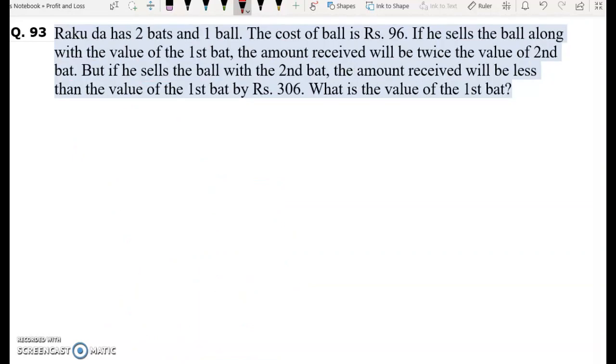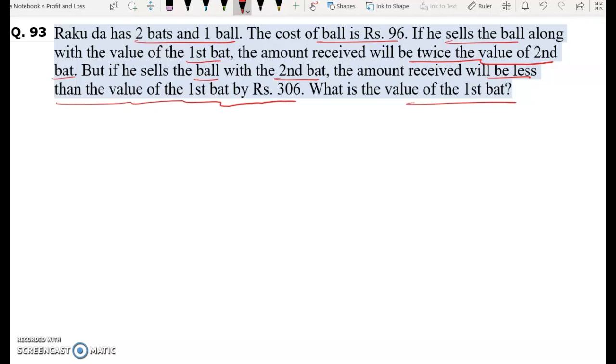Question number 93. Rakuda has 2 bats and 1 ball. The cost of ball is rupees 96. If he sells the ball along with the value of the first bat, the amount received will be twice the value of second bat. But if he sells the ball with the second bat, the amount received will be less than the value of the first bat by rupees 306. What is the value of the first bat? So in this question,